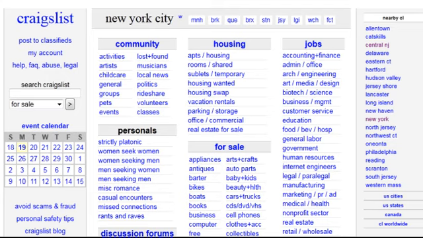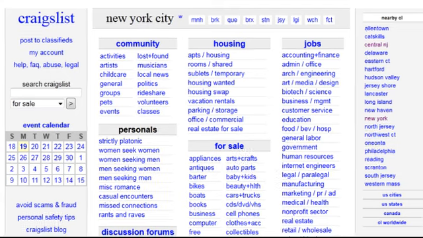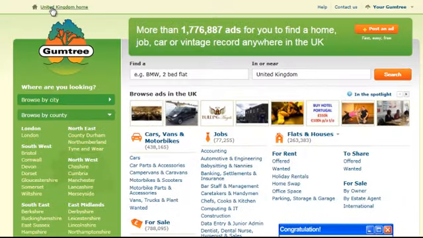Another site, if you're based in the UK, Australia or South Africa, is called Gumtree. They've also got partner sites. They partner with sites like eBay Classifieds in the US, but Gumtree is also a free ads classified site where you can do all sorts of advertising and promotion. Again, it can get you some mixed response, but the ultimate aim is that you're tying this in with all the other little snippets we're looking at in this series in order to get traffic to your site.